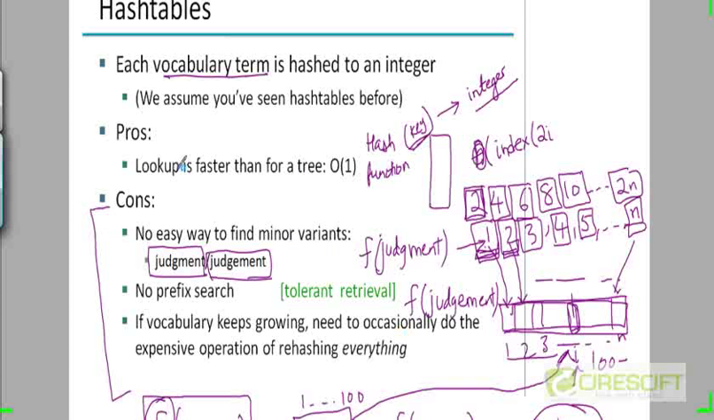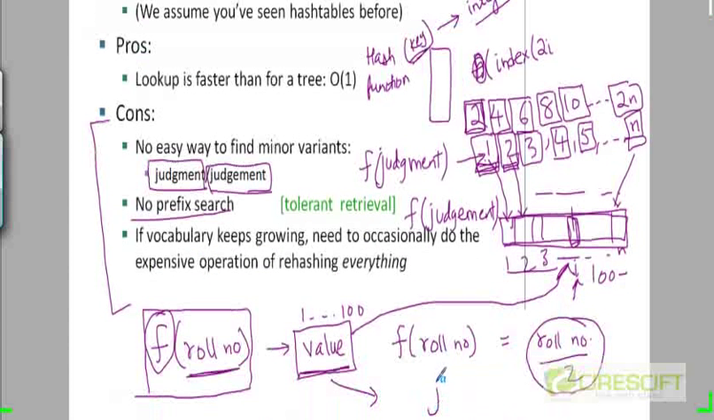The hash function could map one of the variants in the first few elements of the array, it could map the other variant somewhere in the middle of the array. So the records for particular terms, variants of terms, can be pretty spread out all over the array. And there's no easy way to retrieve the records for all the variants. A hash table does not allow you a prefix search. For example, there is no easy way for me to retrieve the records for all terms starting with the letters JUDJ,